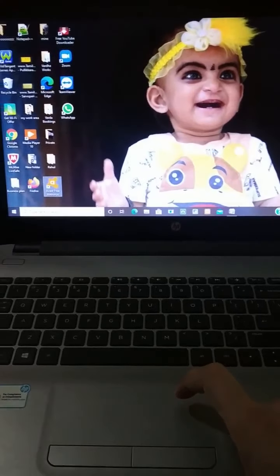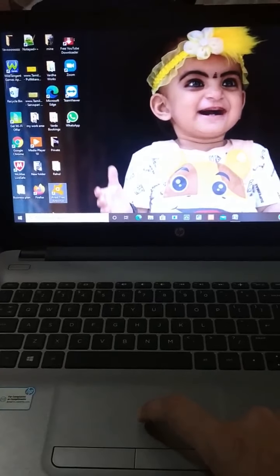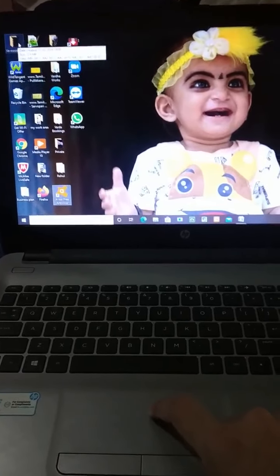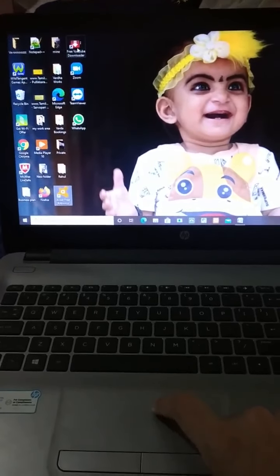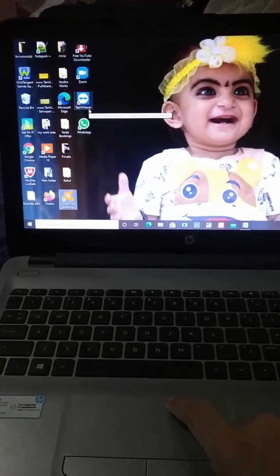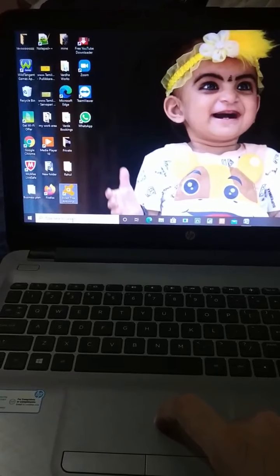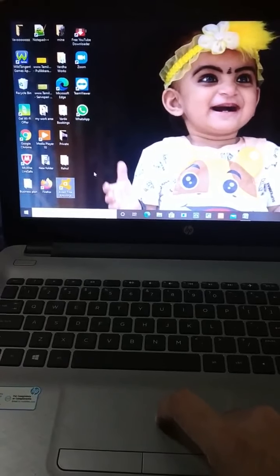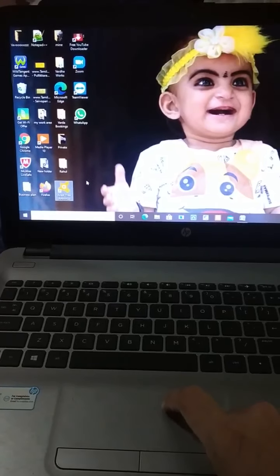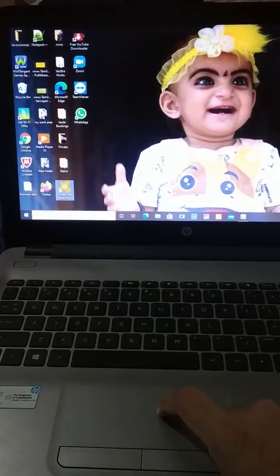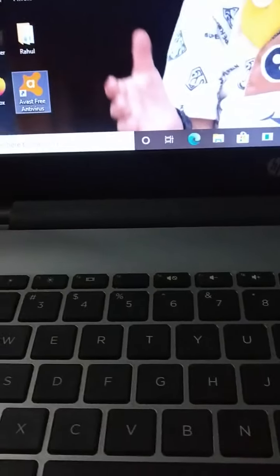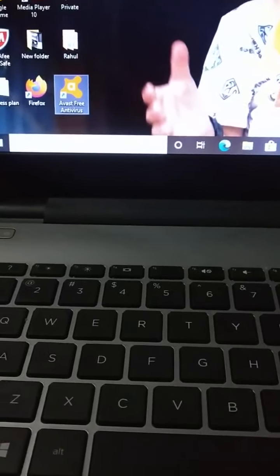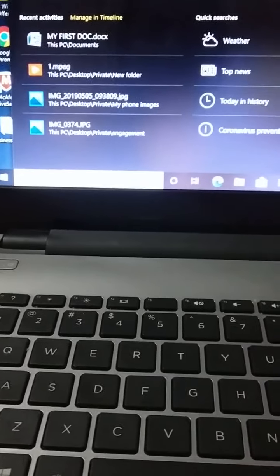Is it clear? Okay, so we are going to take our Microsoft Word. Either you will have Microsoft Word on your desktop itself, or if it is not present on the desktop, you can search here. There will be a search bar here. Look, our pointer is in the shape of an arrow. When we put this pointer on the search button, the shape of that arrow will change. Can you see? And there I am going to type Microsoft Word.